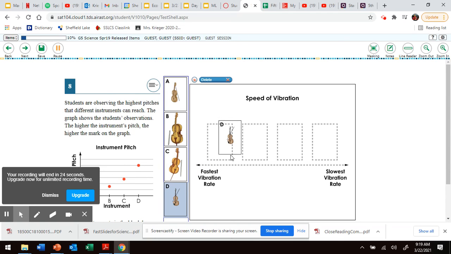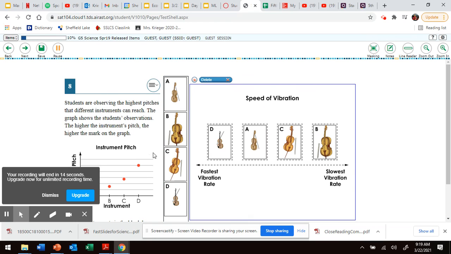So we would put D, A, C, then B. Because the higher the pitch was over here, and therefore the higher pitch is going to give me a fast vibration. So it should be D, A, C, and B. Okay, we'll do 2